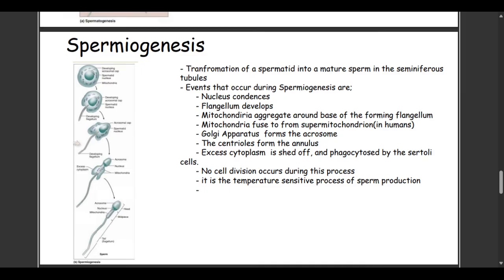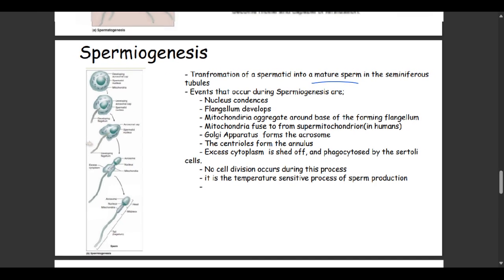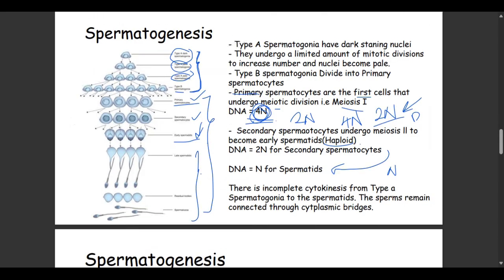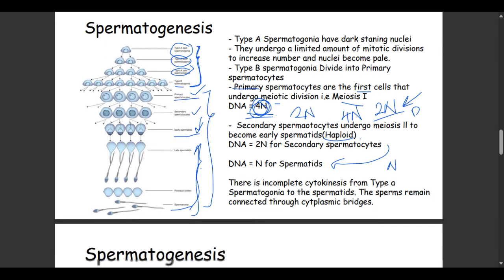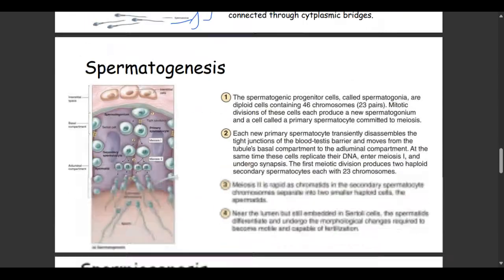But what we are talking about just after that is spermiogenesis. It is the process, or the sequence of events, that transform a late spermatid into a mature sperm in the seminiferous tubules. These events are what are termed spermiogenesis. So from a late spermatid all the way to a mature spermatozoa, that sequence of events is called